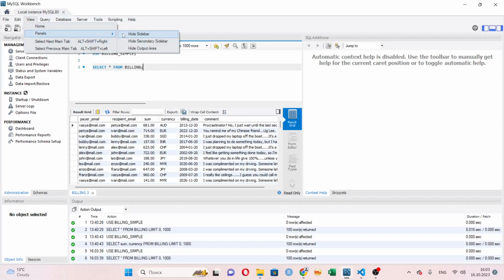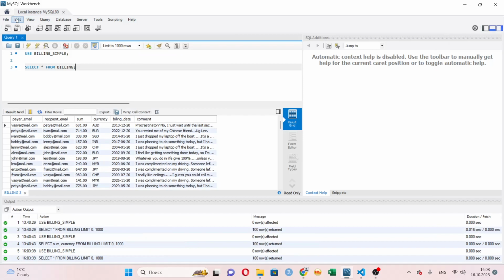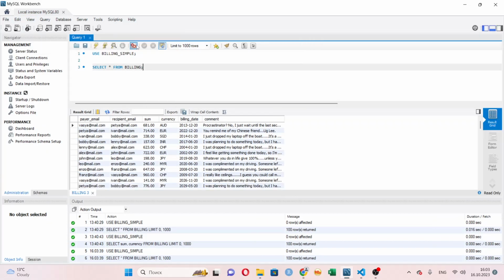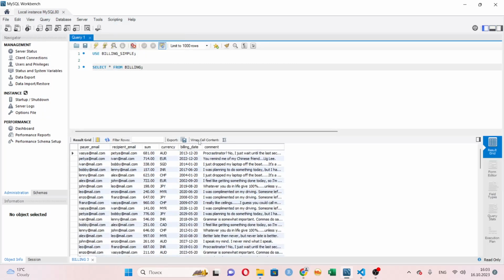So basically, I will hide the sidebar. I think the sidebar should be available. I will hide this one, and I will try to hide the output array, okay? So basically, what we can do, let me try the first statement, let's say I will just